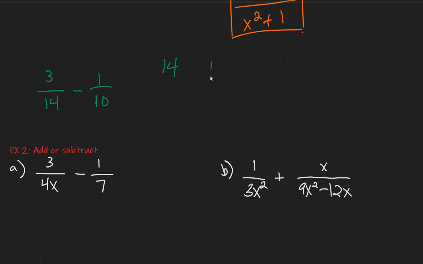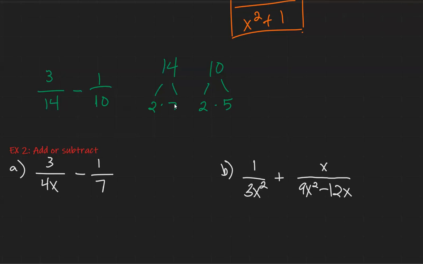Between 14 and 10. Well, what are these simplified down to if I factor them down? 14 is 2 and 7. 10 is 2 and 5. Okay, so you can think about this if, let's say, you and your friend were going to go shopping. Maybe you're going on a shopping spree. Well, normally when you go, you have some stuff that you're going to buy, but your friend also has stuff that they're going to buy. And sometimes you might have stuff in common, but then other times you might just have completely different shopping lists,